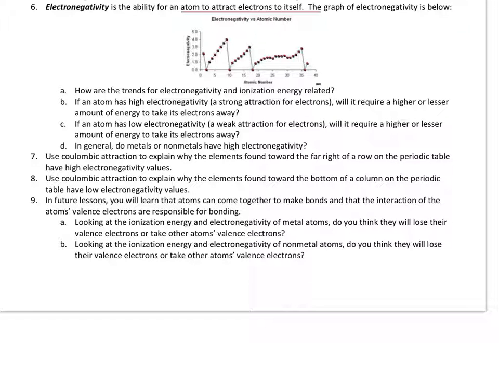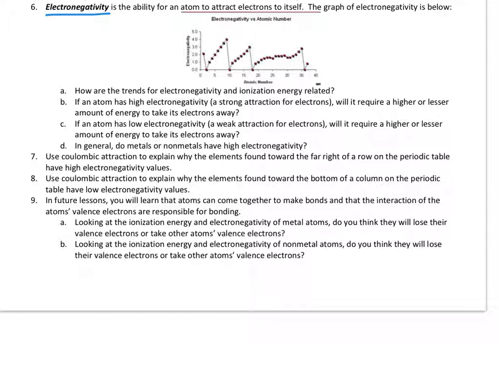All right, let's take a look at the next question. Okay, so we've looked at ionization energy. That's an important characteristic of atoms because it's going to help us figure out how they're going to behave. Next class, we're going to see that atoms can come together to make bonds. What kind of bonds they make and how they behave in those bonds is going to depend on ionization energy. And it also depends on this second